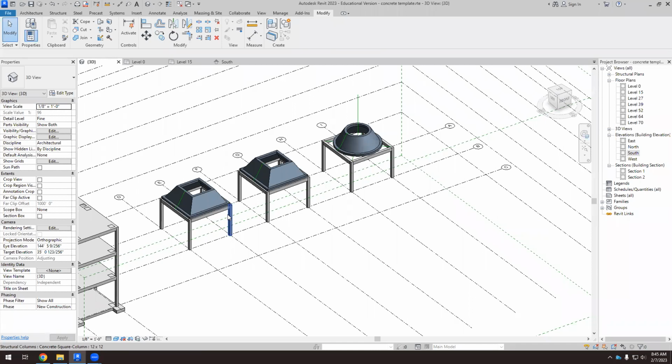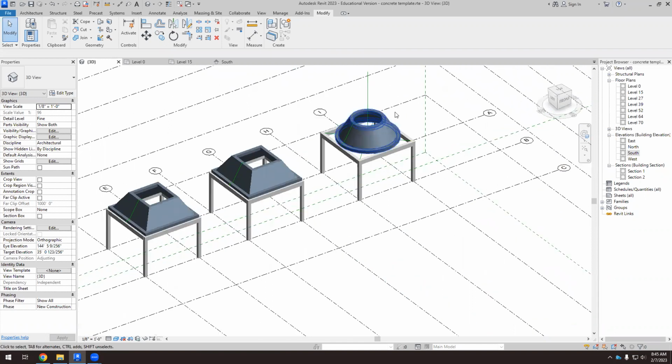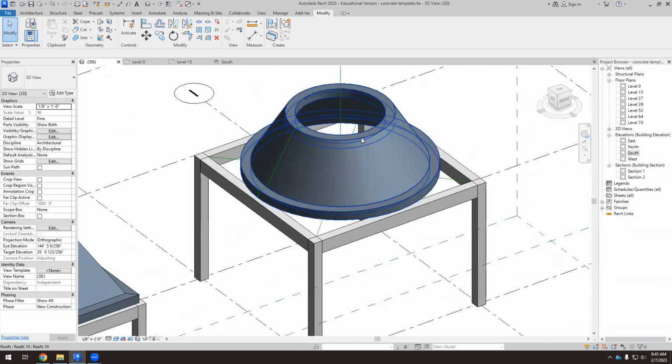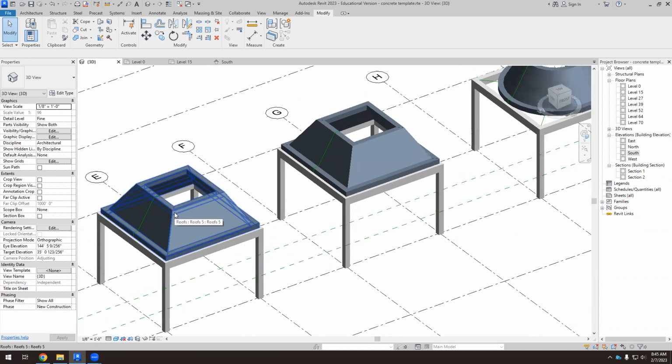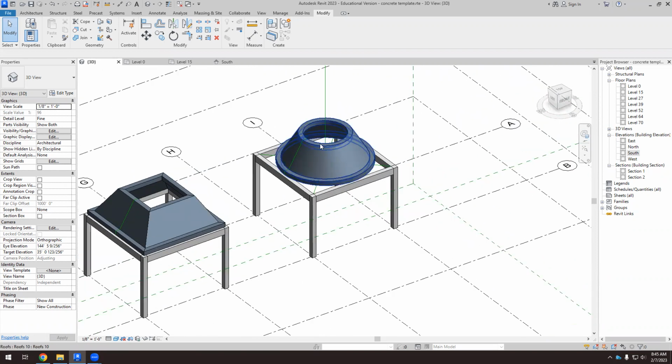So if we try something, let's see how it works. Wow, look at this! I can do a round pyramid. No, the pyramid or whatever, a cone. I can do that. But if you are looking for something specific and you don't find the option, it might be frustrating because you waste your time until you get what you want. But anyway,